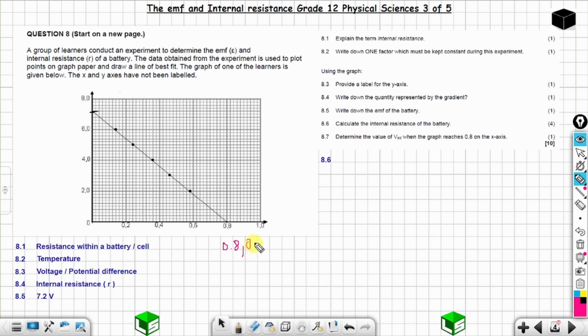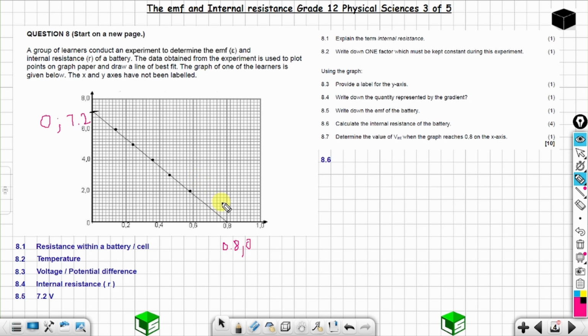Y is 0, x is 0.8, and the coordinate of this point, you have x is 0 and y is 7.2. So you can use any 2 points on this graph to find the internal resistance, because the internal resistance